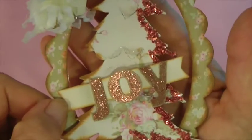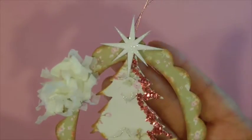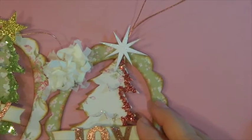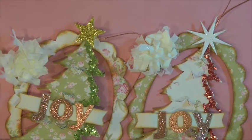And then I did one more with that other color, a different star at the top. So those are my vintage inspired ornaments, and then I got into